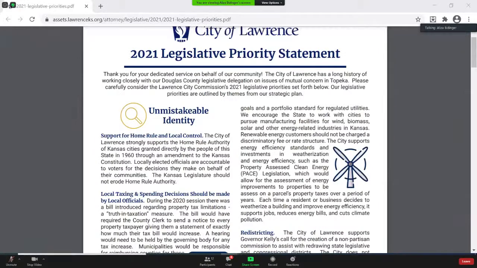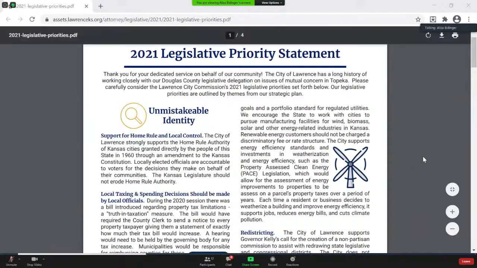We're going to share the screen so you can see what the 2021 legislative priority statement looks like. Each year, the City of Lawrence adopts a statement of its legislative priorities prior to the beginning of the state's legislative session. The statement is provided to our Douglas County legislative delegation.